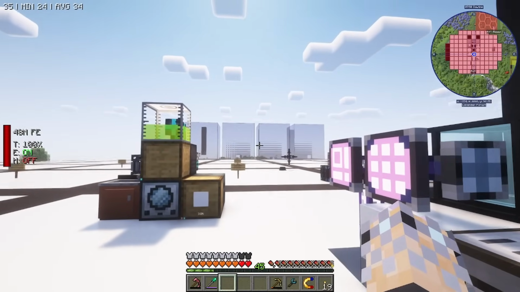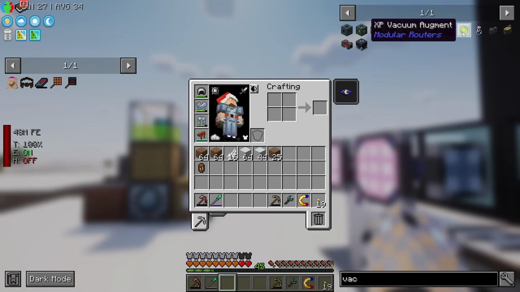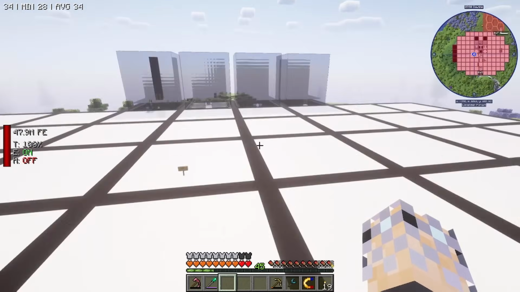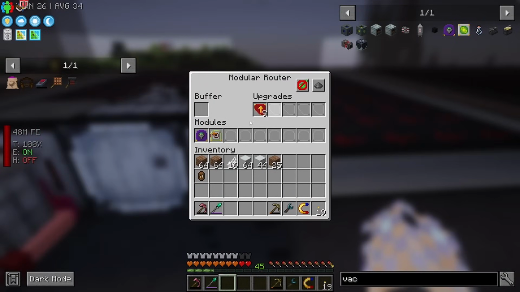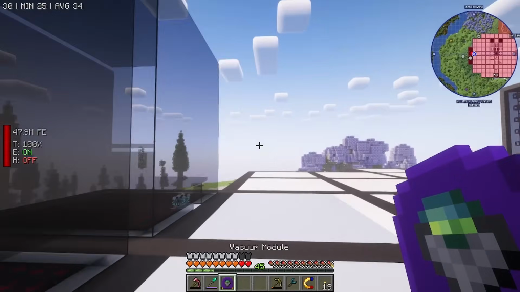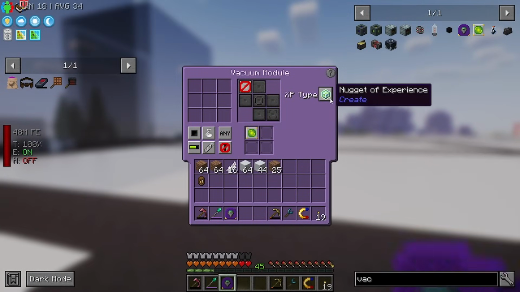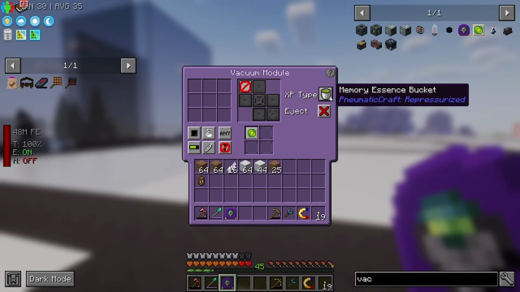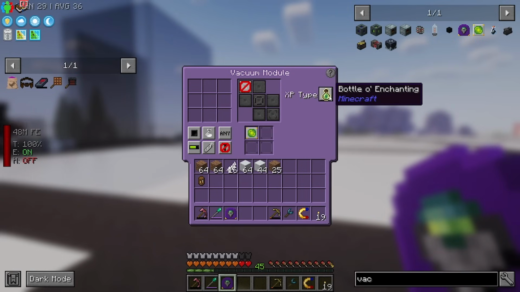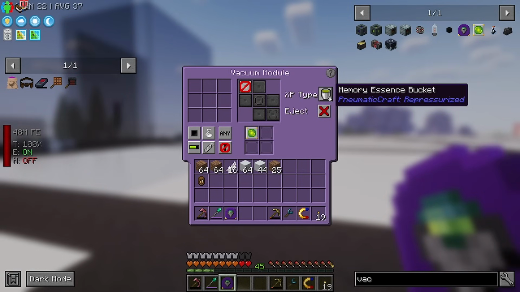Now, you can actually make it so it does other things. So I'll tell you what, hop over here and I will grab the vacuum module out real quick. You can do nuggets of experience. Now, that might be pretty good actually. You get the memory essence, which is from Mattercraft repressurized, and bottles of enchanting. No, memory essence, sorry. Memory essence is from